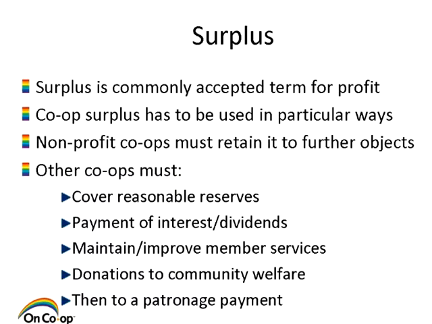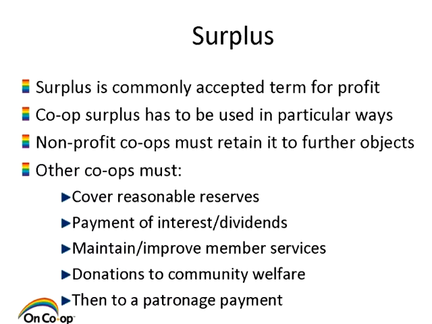Any donations that a cooperative is going to make to community welfare need to come out next. And then the last thing that gets determined is what's called a patronage payment. A patronage payment is a payment to members, and it's only to members. It's not a payment just if you own preference shares but you're not a member; you don't get a share of the patronage. Patronage is reserved for members only. And as you'll see on the next slide,